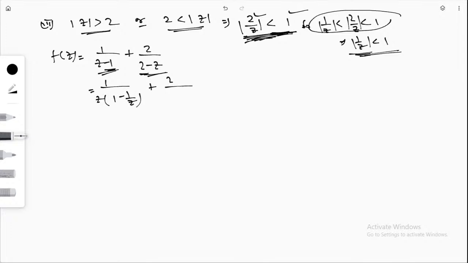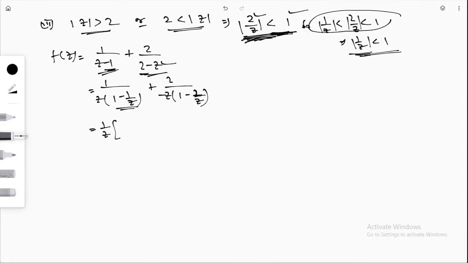Similarly, this is 2, and how will you get 2 by z? If I take minus z as common, then you will write this as 1 minus 2 by z. You know your aim is to get 2 by z. So if I take minus z common, then you get 1 divided by 1 minus 2 by z. So now this is your 1 by z whole into 1 divided by 1 minus